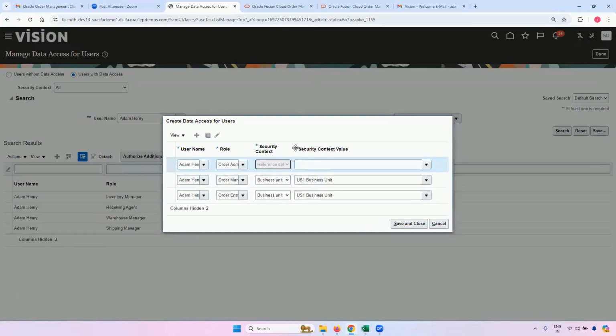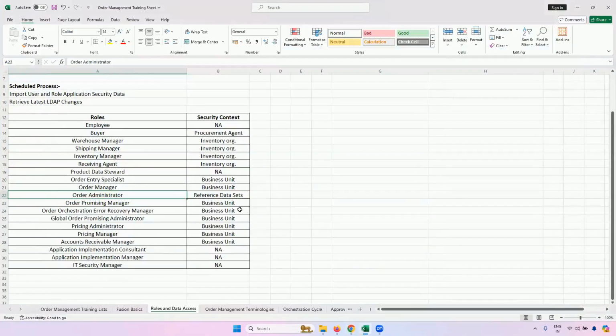For this, you can see the security context is reference data set. For all the others, it was either inventory organization or business unit. But why is it reference data set for this order administrator? So what is a reference data set? Basically, again, this is a security policy by Oracle Fusion.